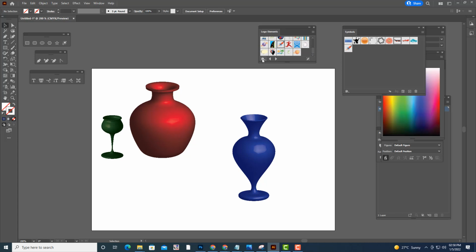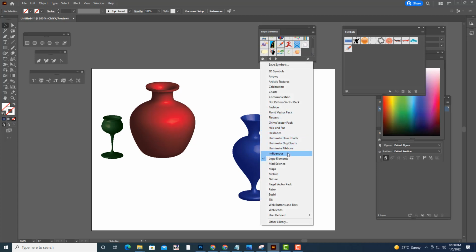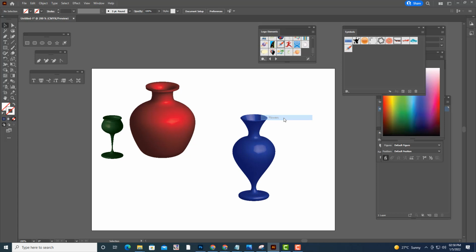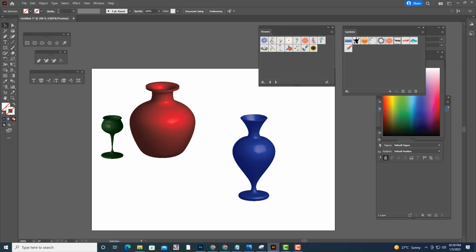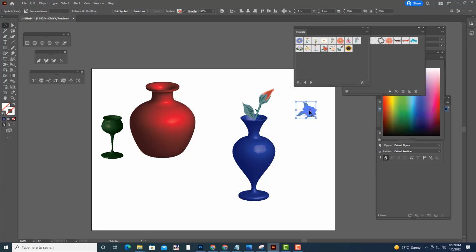Okay, and here we have the flowers. See, we'll go to these flowers. See, here we have these flowers. So let me add a flower to this. Okay, so let me add one more.